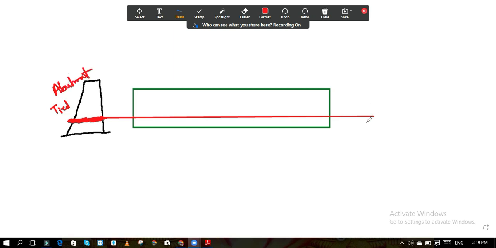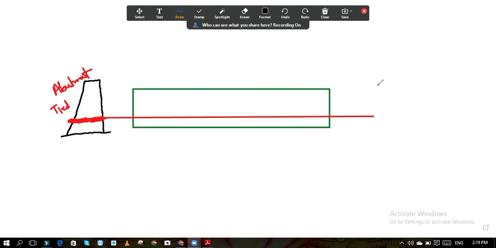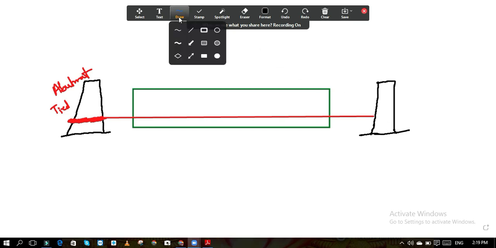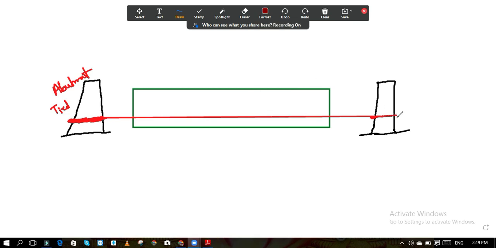Now at the second end, here also the abutment is there. This is the abutment at this end. This is your second abutment. Abutment means fixed support, I already told you. Now the steel which comes here is not getting tied up directly. Here the jack assembly is there. Okay, here some jack assembly is there. I will draw it like this.